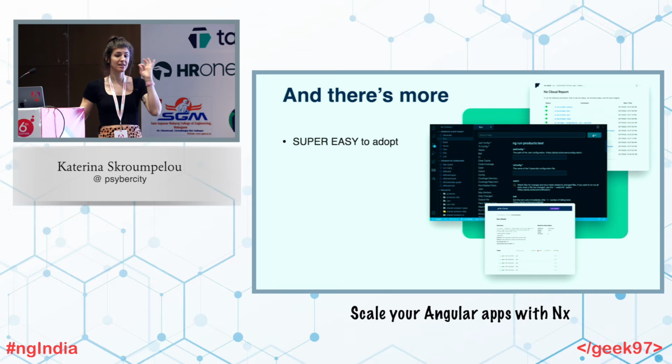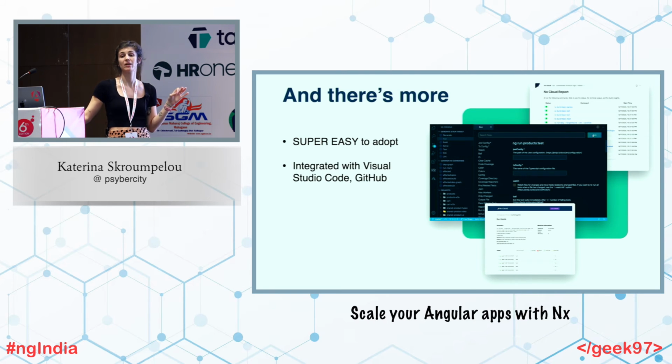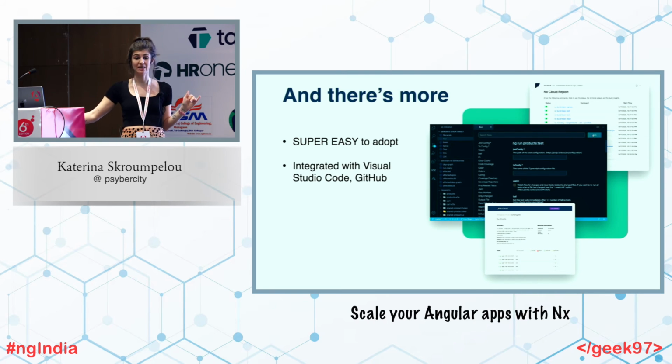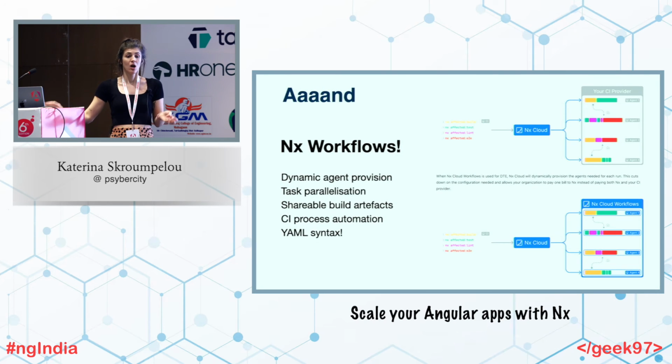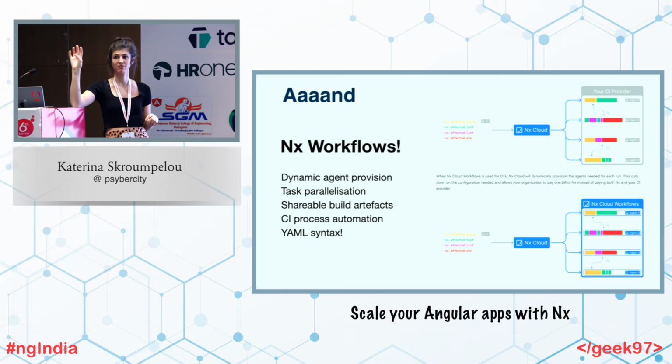So again, there's more. NX is super easy to adopt. It's integrated, as I said, with Visual Studio Code and GitHub. So you have a GitHub integration that you can see. You have the NX Cloud report. You have the NX CLI GUI, like the NX Console, which previously used to be the Angular Console, and you get NX Cloud reports. Also, we have NX Workflows, which is dynamic agent provision. They provide task parallelization, shareable build artifacts, CI process automation, and all this just with a single workflow YAML file that you put in your workspace,